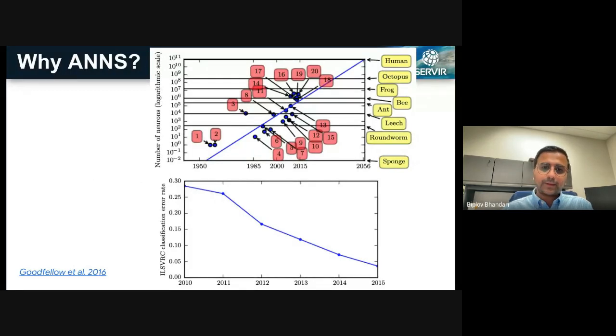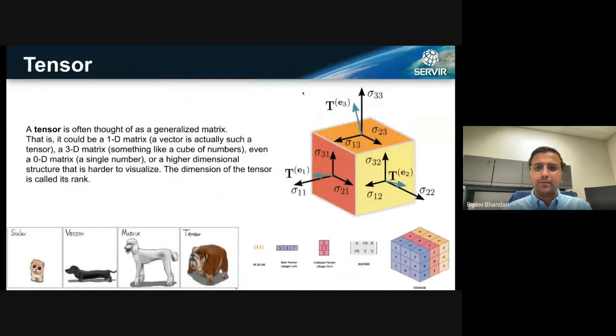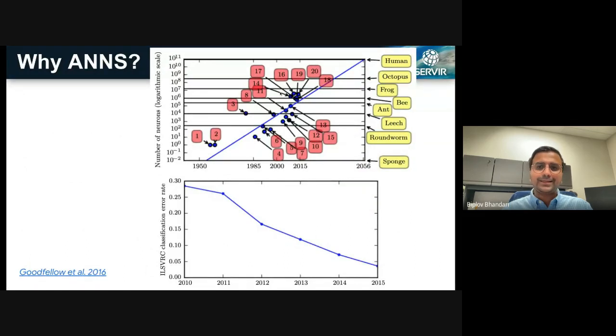So this is again linking back to why we might be interested in using these artificial neural nets. As I mentioned, the 2010s was when deep learning really started to kick off, and this diagram is basically showing you that the number of neurons is increasing as you apply these newer algorithms to learn your representation. But that also means that your classification error is actually going down.